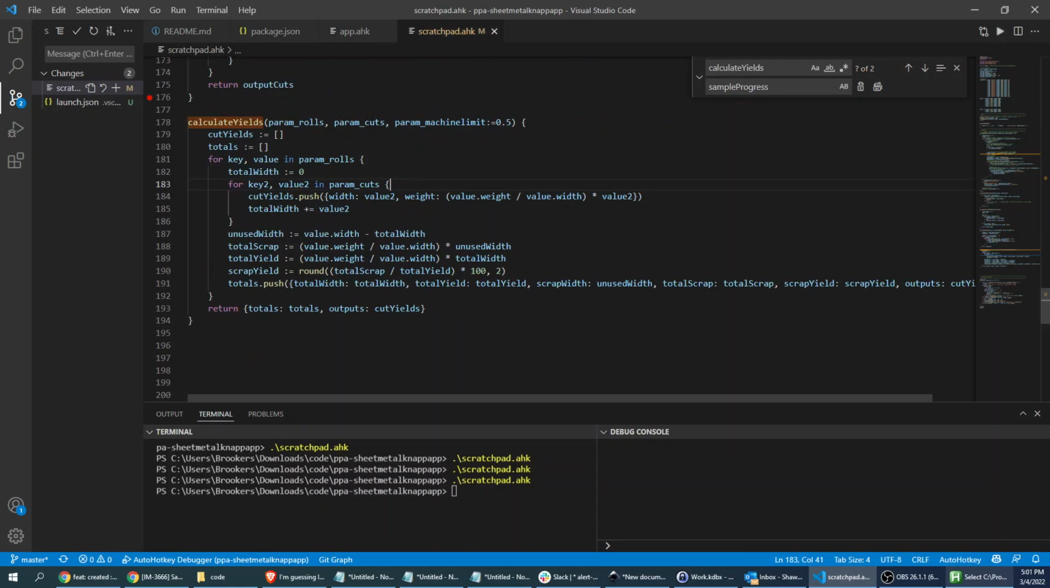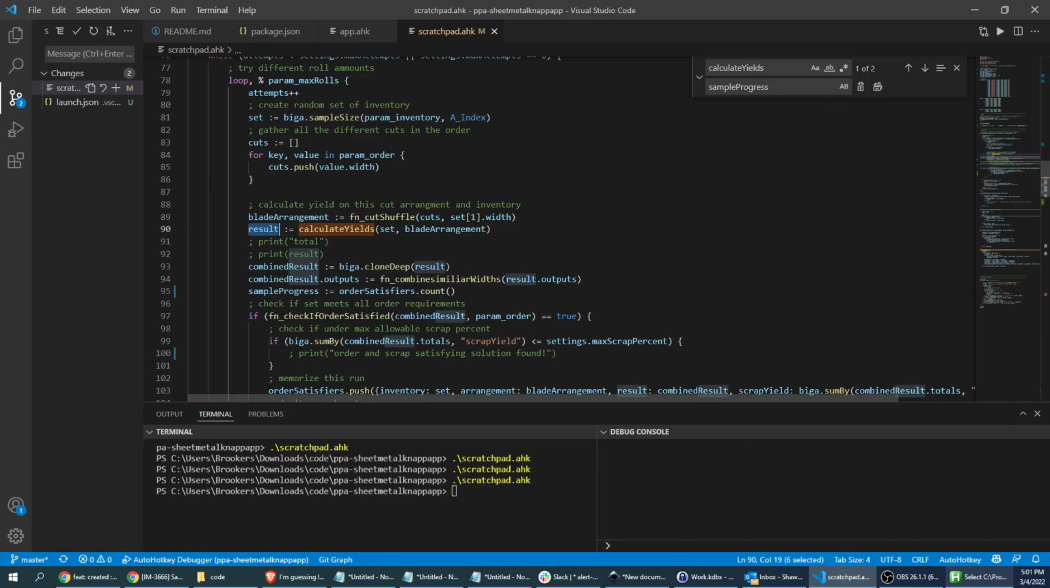Let's see here. Oh, okay. So let's jump back up. So the result, we get this huge result. Now I needed to understand that whole result as a small number. So what this does is we make a clone of that result object. And then for the outputs, I just overwrite it as combined similar widths, because we got all of these little pieces for the customer, and I just need to know how many of those, how much all of those weigh,